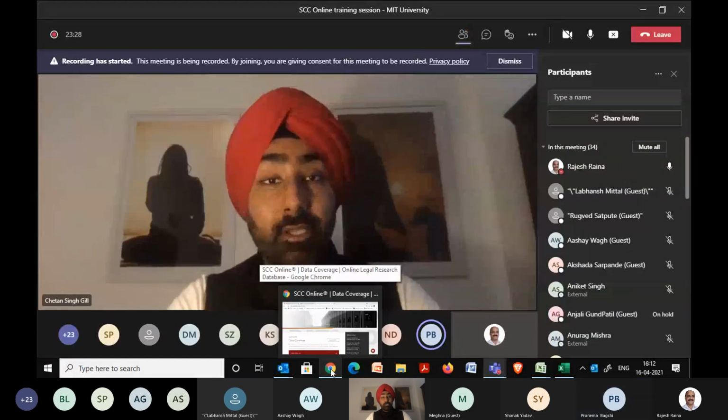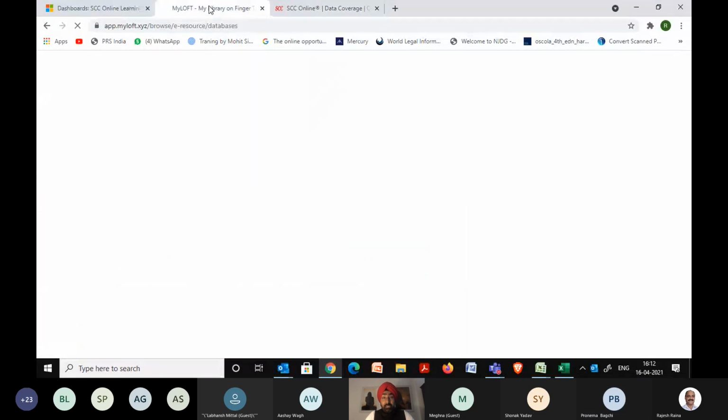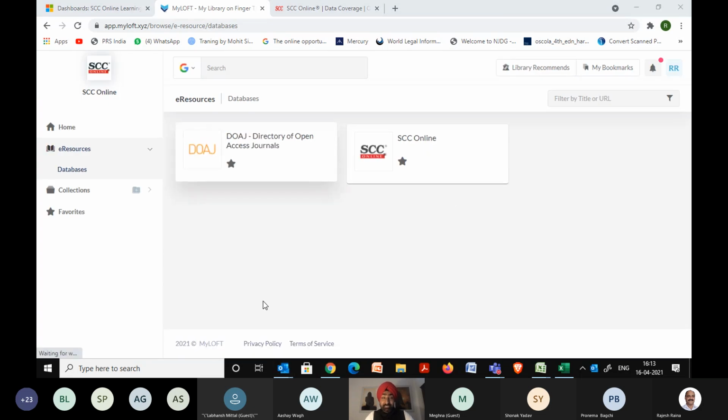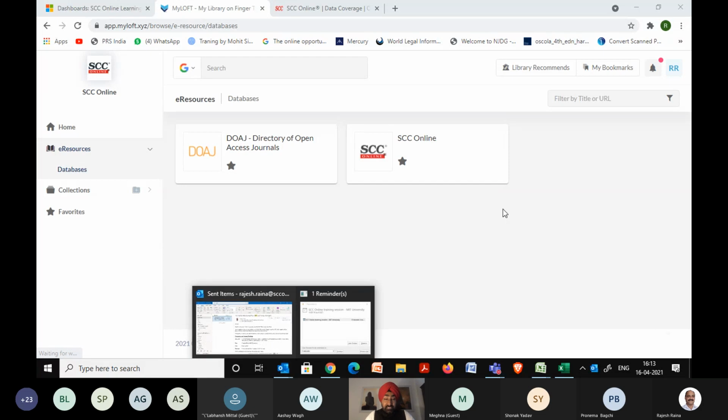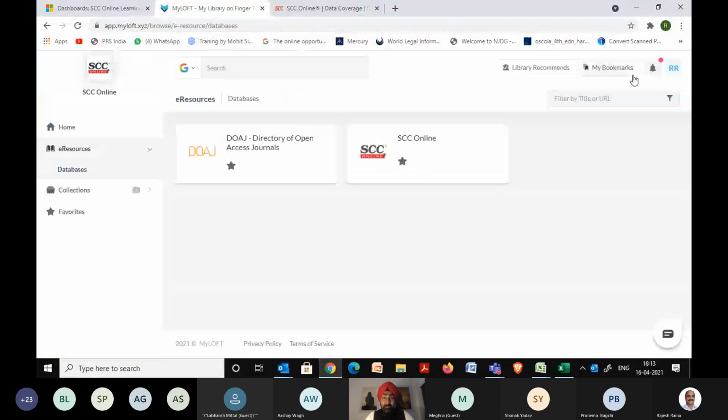Fair enough. So in that case, what we'll do is we'll show you the process of how to access through remote access software, which will be given by SCC Online. We'll cover that aspect today itself, so that when you have it next month, you know how to access it.